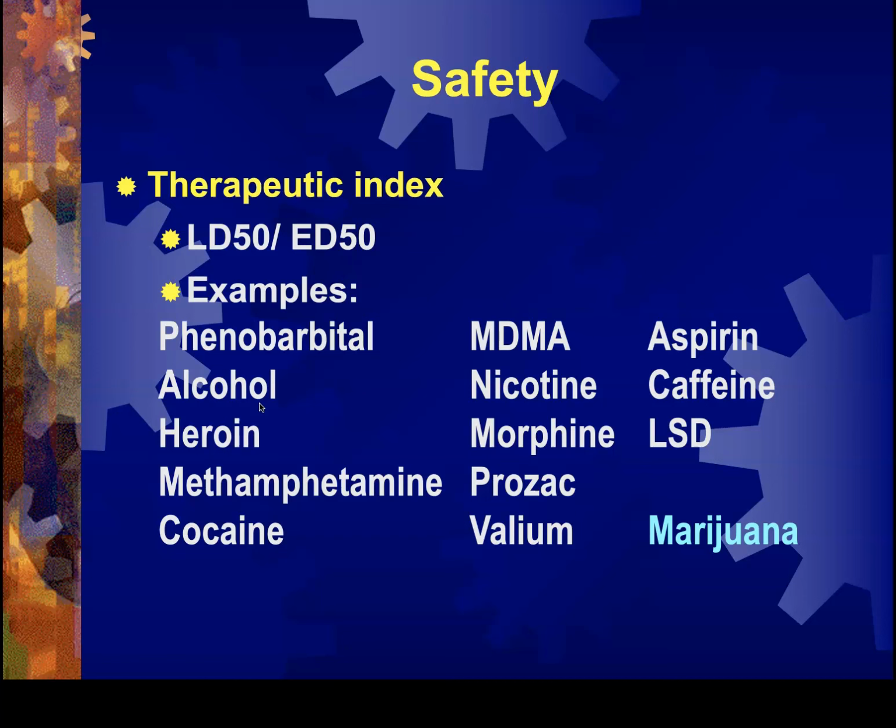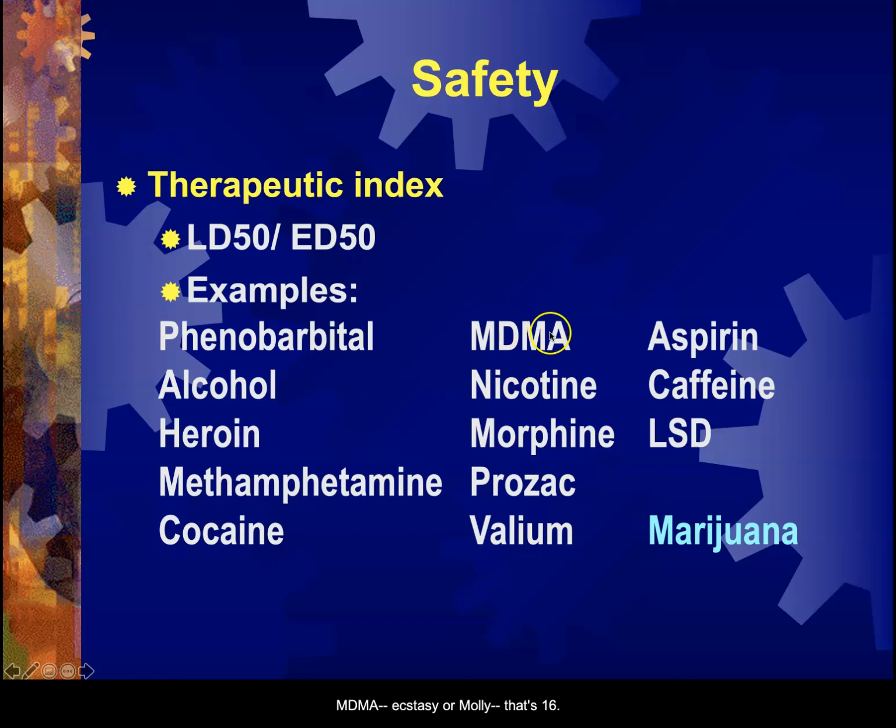It's a dangerous drug. So the therapeutic index for alcohol is a ratio of about 6 to 1, about 24 to 4, for instance. Alcohol is about a 6 therapeutic index. Heroin is also a 6. So whatever dose gets you high, 6 times that, you've got a 50-50 chance of dying. Cocaine, jumped ahead. Methamphetamine is about a 10. And anything with a therapeutic index of 10 or lower is considered a dangerous drug. I find it interesting that alcohol is our legal drug. It's 88,000 deaths a year. It's fairly dangerous.